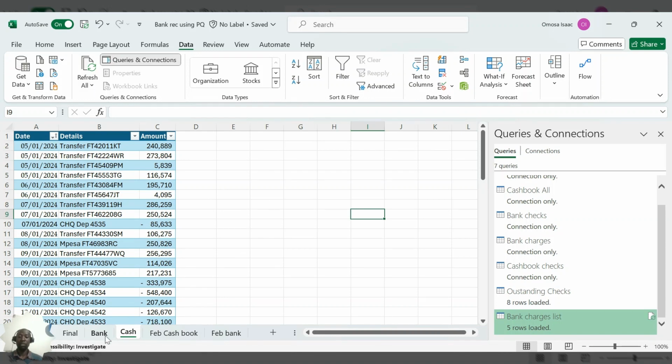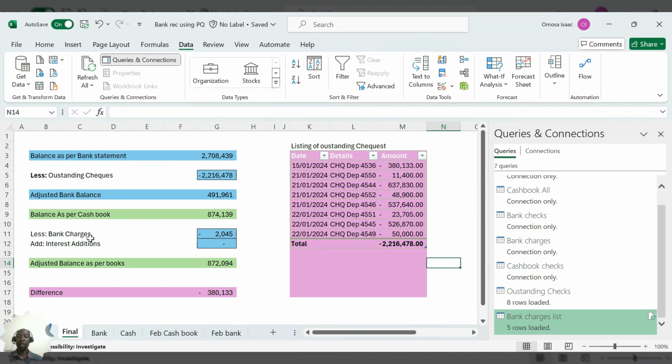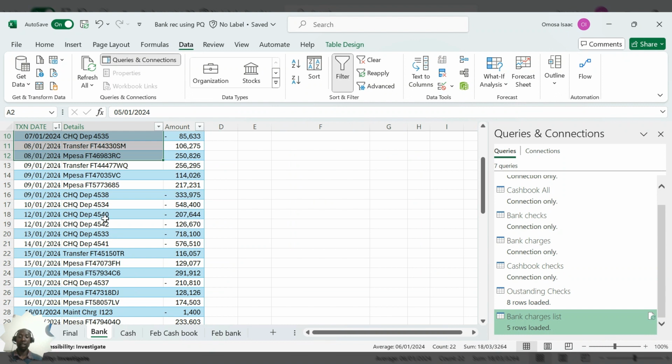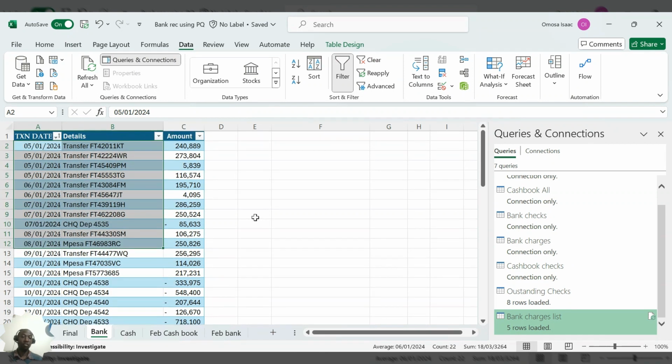But what if in some circumstances you also want to compare any deposits that have come to the bank, and maybe you have not captured them in the cash book, where we have direct deposits from customers, and you've not been able maybe to